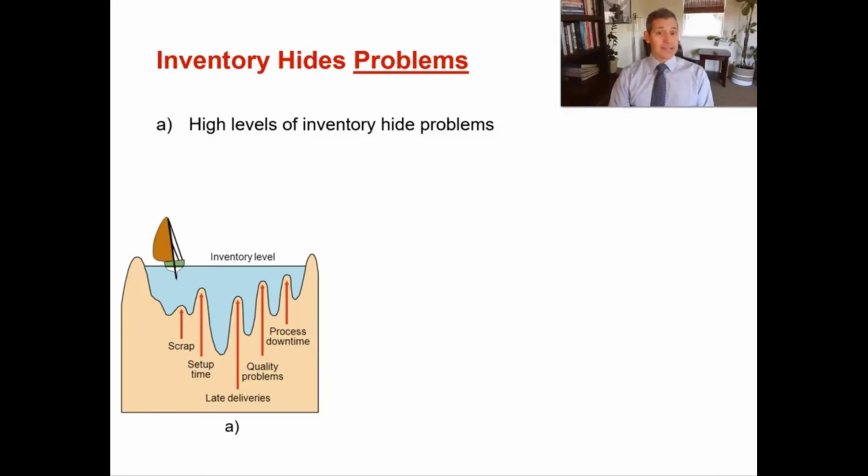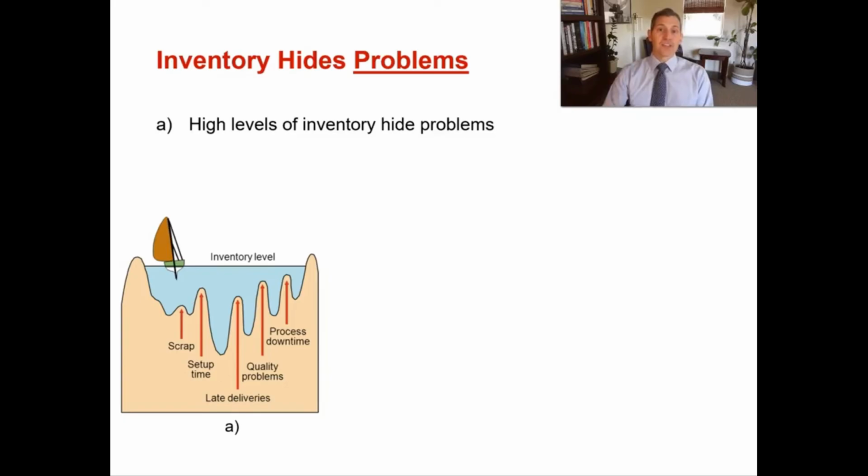Maybe your supplier continually delivers late. They're supposed to have products here in 3 weeks, but they're always here in 5, but you never know because you've always got excess inventory. Maybe you've got high levels of scrap, or your setup process is really slow. Maybe it's supposed to take 3 hours to set up a process, but instead it takes you 8. It takes you a full day to do a setup process, but you never know because you have an inventory